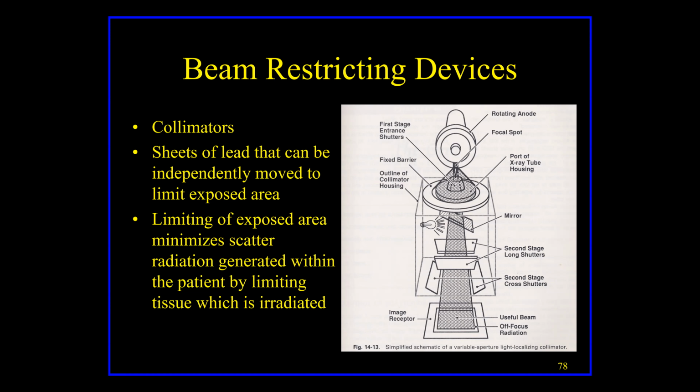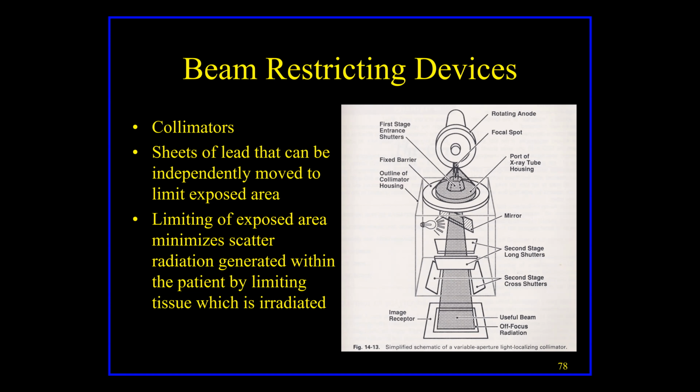By using those two knobs, you can adjust the size of the primary beam, or the useful beam, that's coming out. Typically they'll have a light bulb in here with a mirror, and the light bulb will show you a light on how big that square is going to be. Okay. And then the other thing you want to keep in mind, and I think a lot of people mess this up,